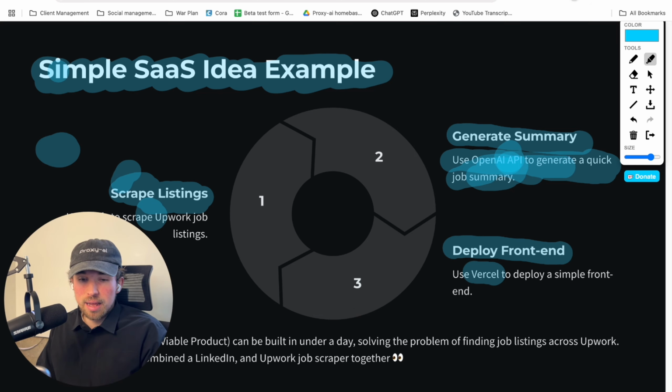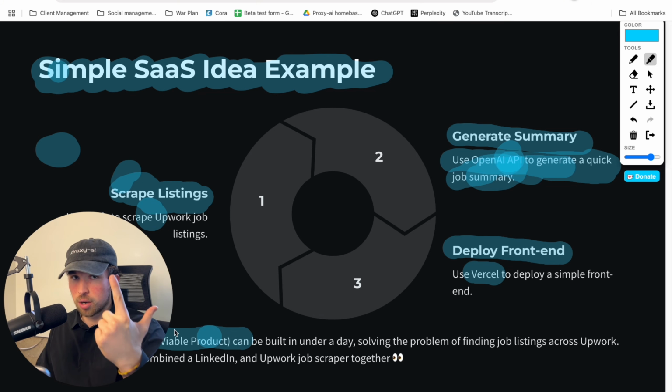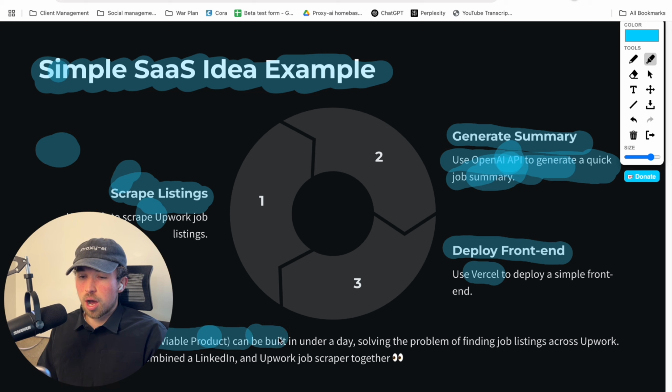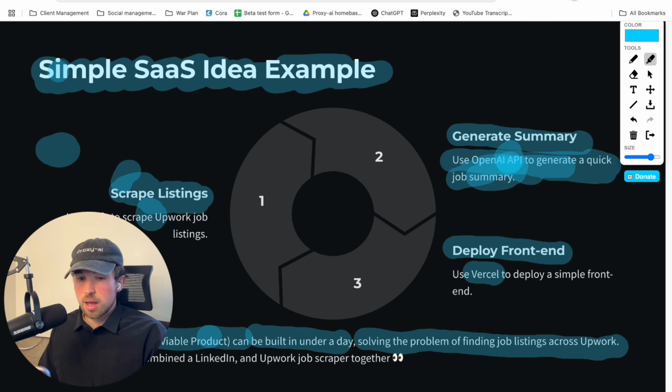So guys, this is an entire MVP, or minimum viable product, that does one thing: scrapes jobs and generates icebreakers. I mean, that is two things, but we're going to call them one thing that can be built in under a day, solving a problem of finding job listings across Upwork. And then it gets really cool when you combine APIs, which we're not going to do in this video.